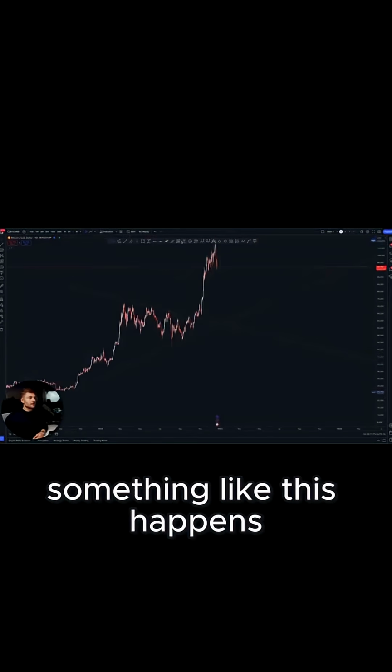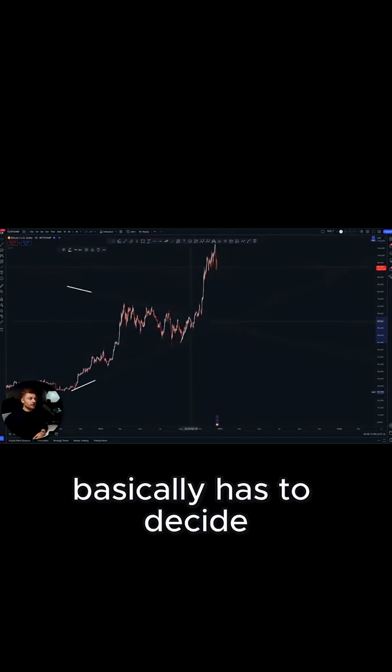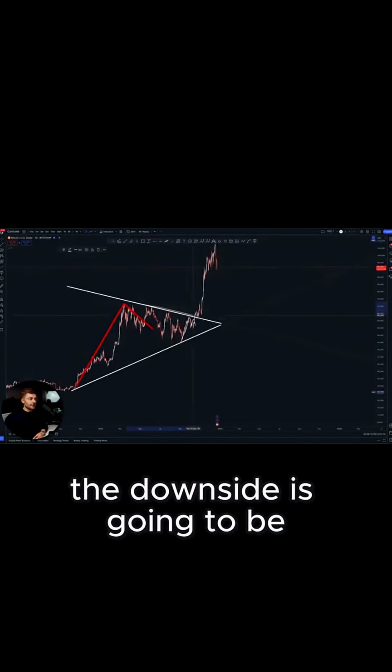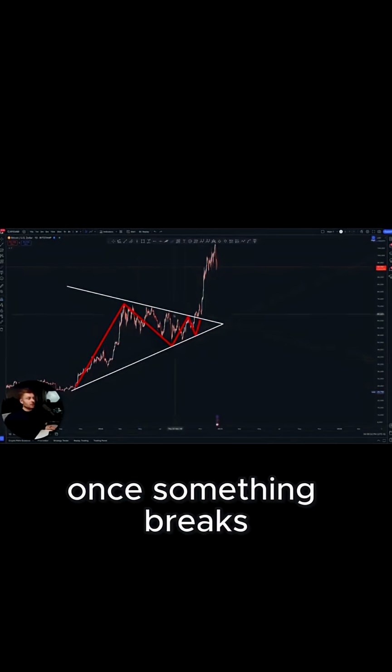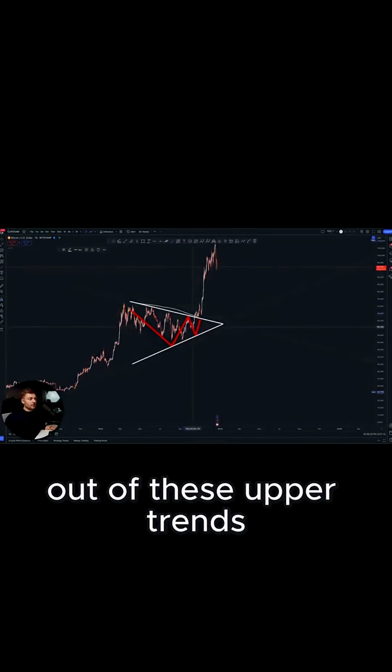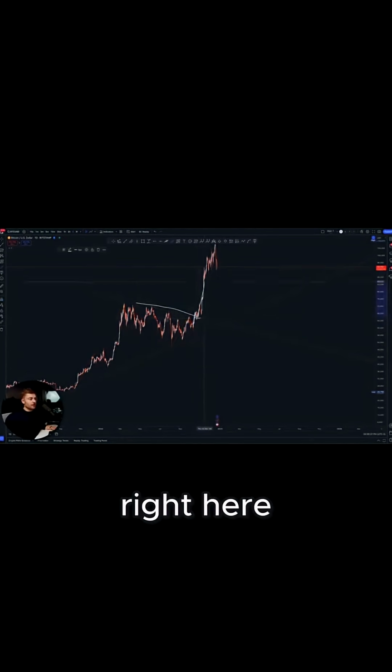Now, when something like this happens, the price basically has to decide whether the sell pressure to the downside is going to beat the buy pressure to the upside. But typically, once something breaks out of these upper trends and retests the overside right here, that's the last point before